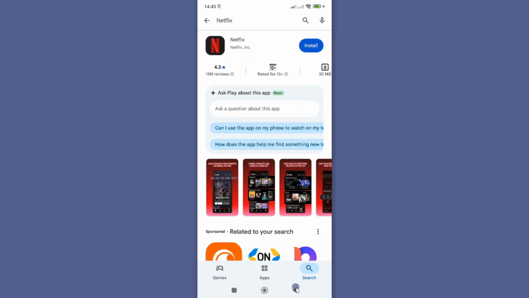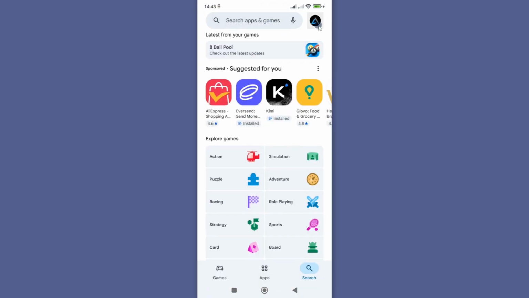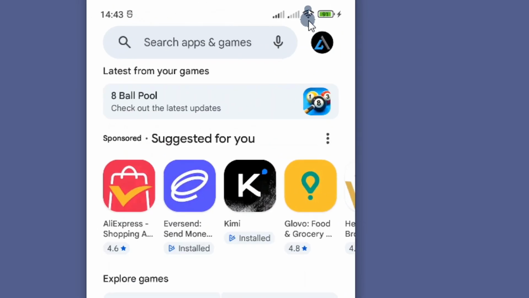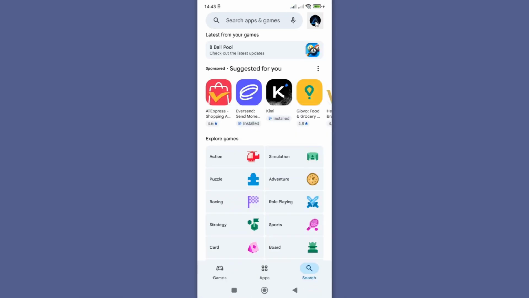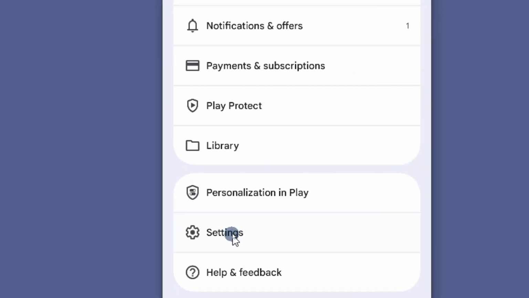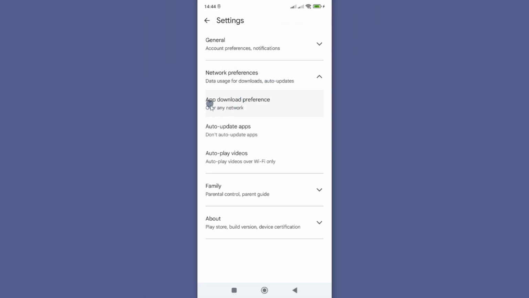First, you need to go to Google Play Store. So I'll tap on Play Store here, and make sure you are logged in with your Gmail before you search for your Netflix app. However, if you are already logged in with your data on or Wi-Fi on and you are unable to install, then go to your profile icon here, and then from here scroll down and you should see settings. Under these settings, look for the network preferences option and tap on this,